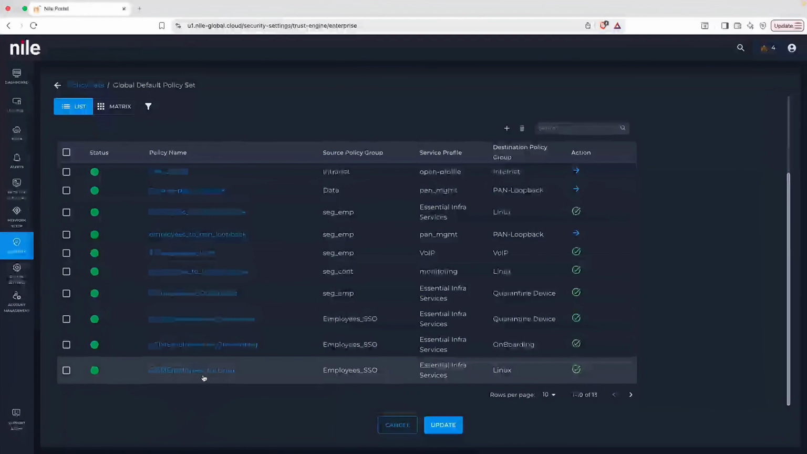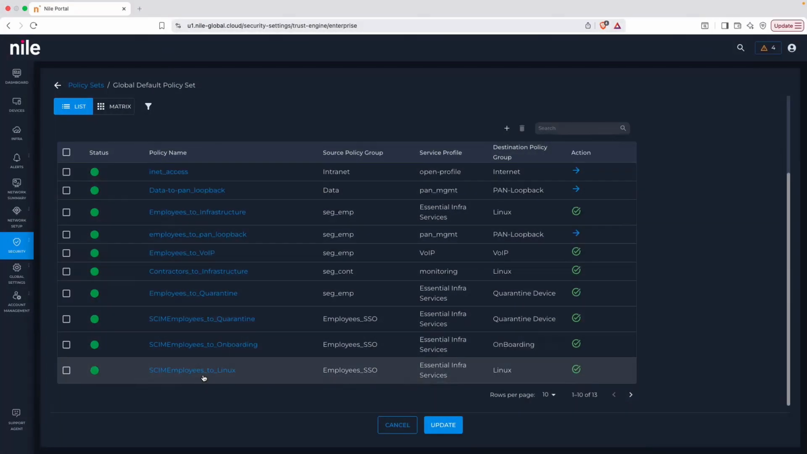to the Linux devices. And if the IDP group is going to be employees, they will be able to access a bunch of different essential services on those devices. But if it's an IDP group of contractors, they can only ping those devices to monitor them. That's about it. This is a very powerful tool because keep in mind, it's a zero trust fabric, which means